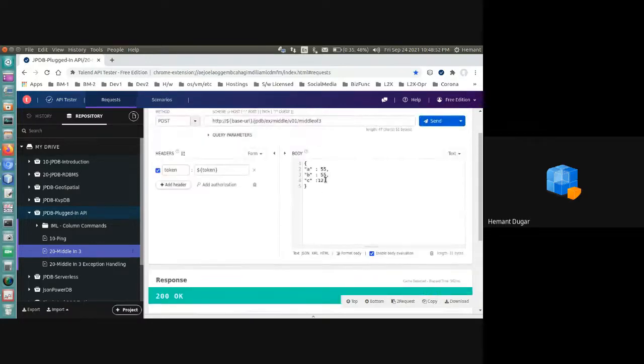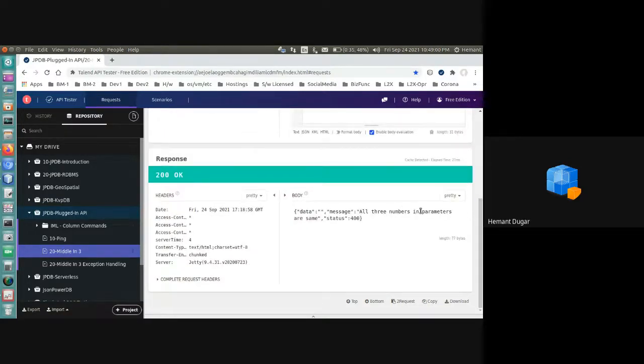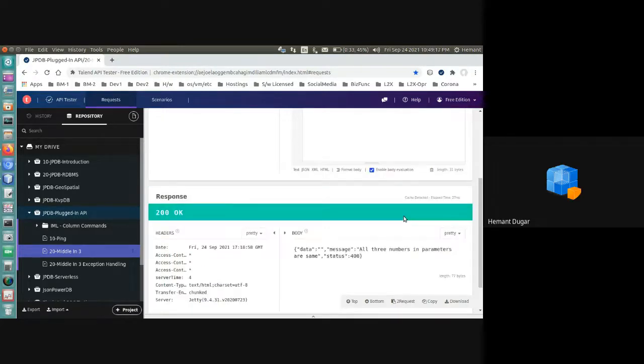Okay, let me change it. I will make it 55 here and send it. Now the message is all three numbers in parameter are same, status 400. Because we are sending the response correctly, the overall HTTP response is 200, but our internal status is 400 because we need three different parameters.